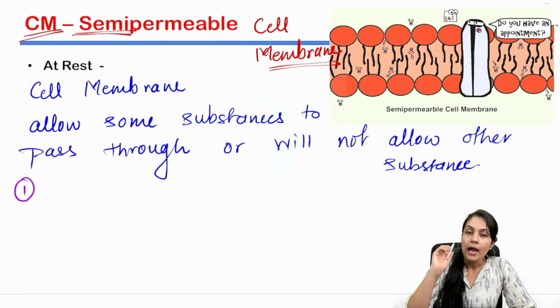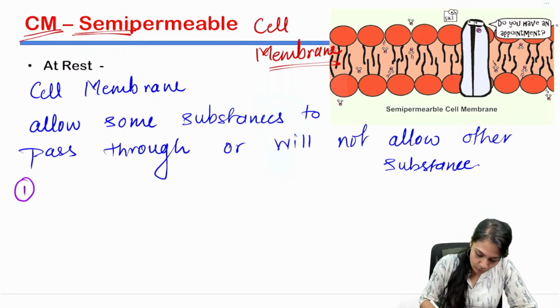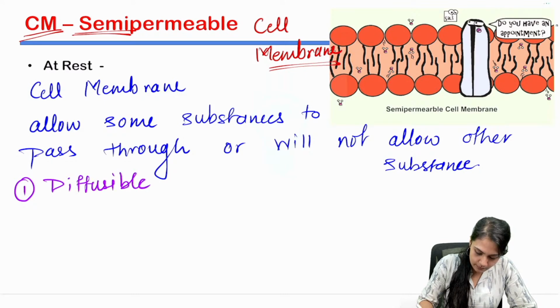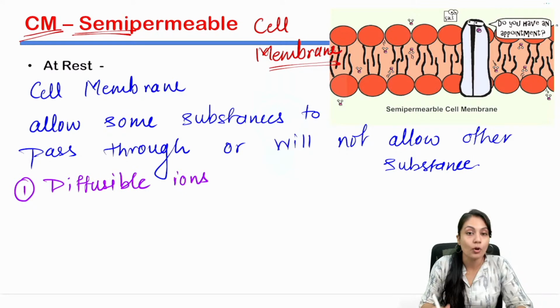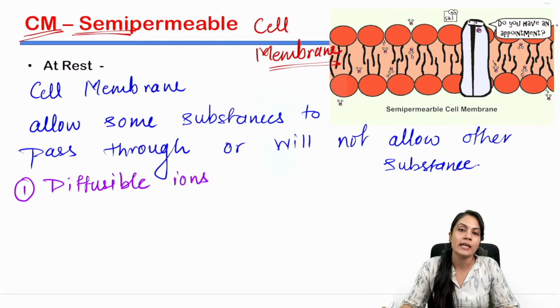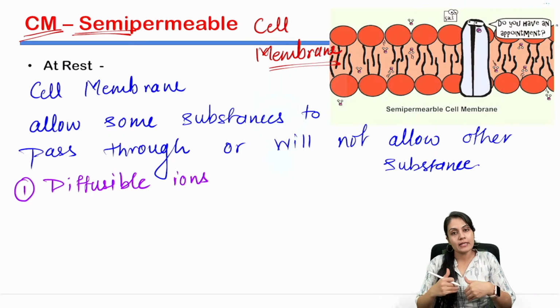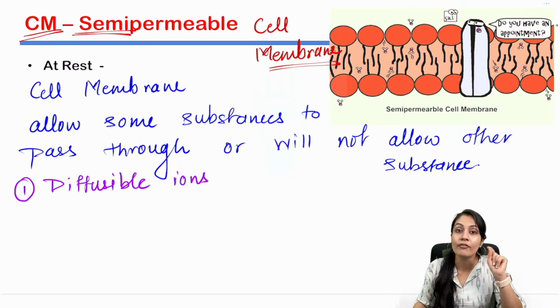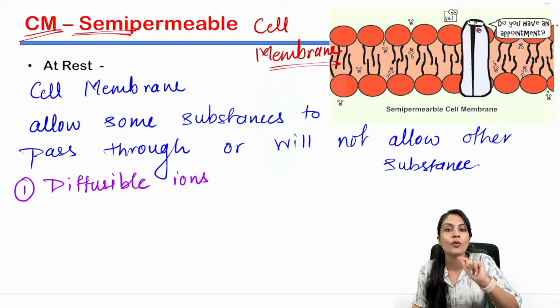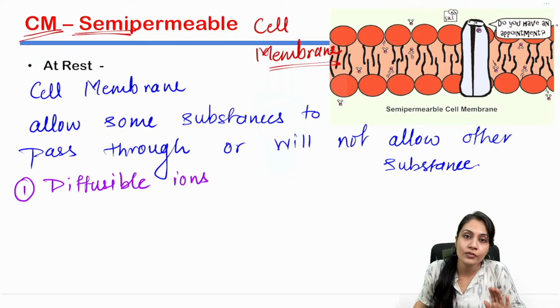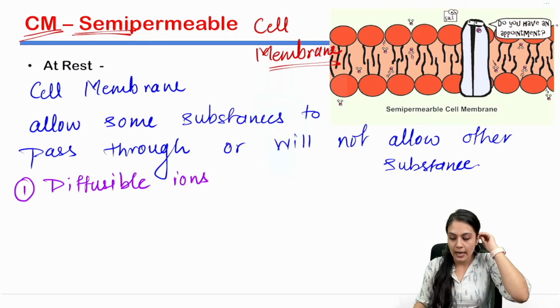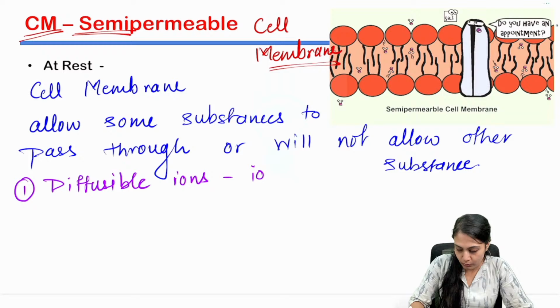So please remember, if the ions are able to pass through at rest, we are going to call them diffusible ions, because they're not using any energy, they're not using any channels per se, they are just either leaking outside or coming inside. And that's why we are using the terminology diffusible over here, because the diffusion of those substances is allowed at the time of rest. So diffusible ions, the ions which can pass through,